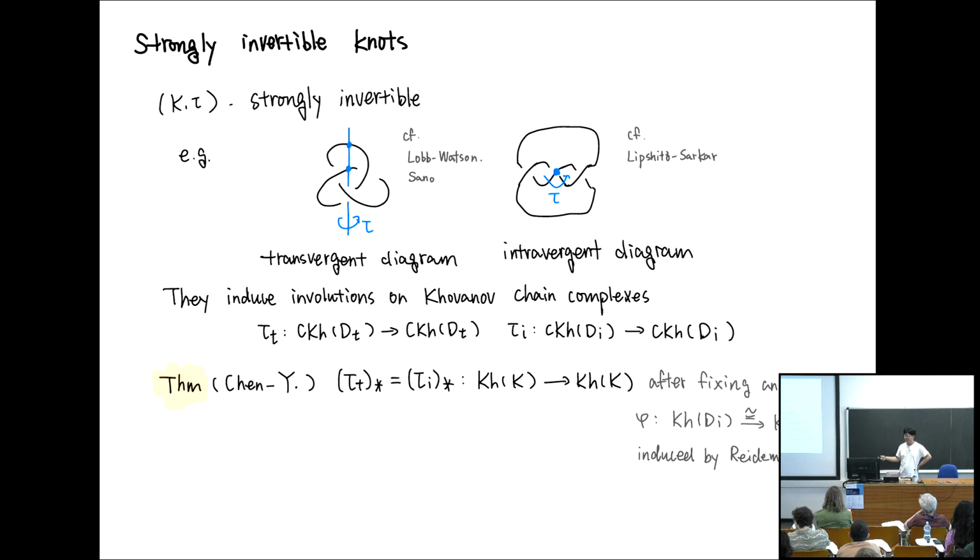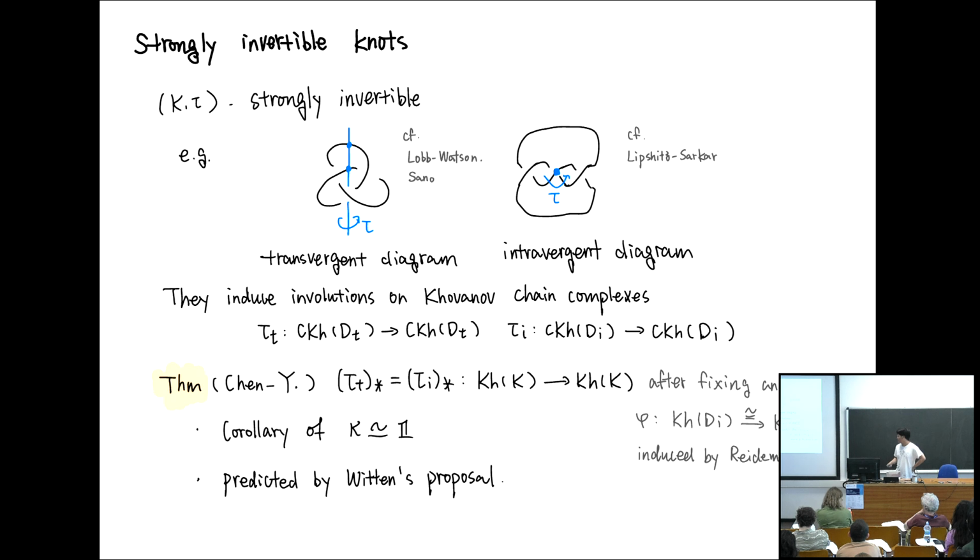So this is a direct corollary of our main theorem that kappa is homotopic to the identity. You apply the main result to the transvergent diagram, and you compare that with the intervergent diagram, and you get a proof. Now, I also want to mention this is predicted by Witten's proposal